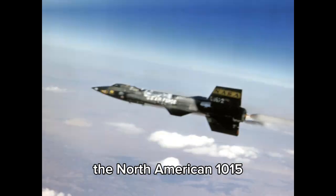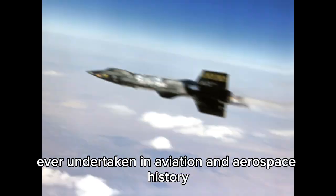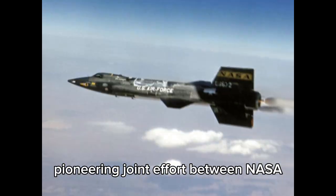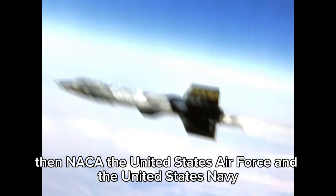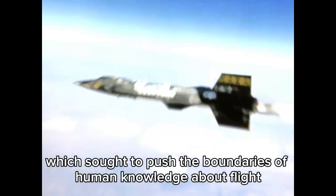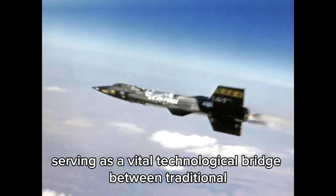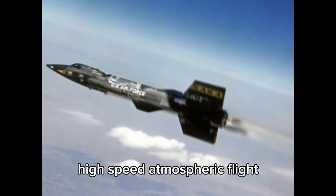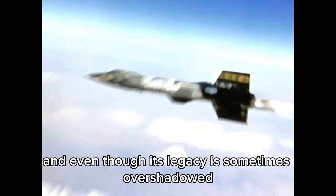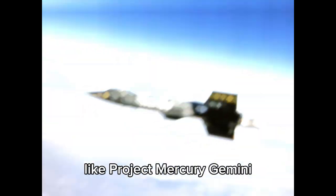The North American X-15 was one of the most ambitious and extraordinary experimental aircraft programs ever undertaken in aviation and aerospace history, a pioneering joint effort between NASA, then NACA, the United States Air Force, and the United States Navy, which sought to push the boundaries of human knowledge about flight at the edge of the atmosphere and into the fringes of space, serving as a vital technological bridge between traditional high-speed atmospheric flight and true space travel during the late 1950s and 1960s. And even though its legacy is sometimes overshadowed by more publicly celebrated programs like Project Mercury,